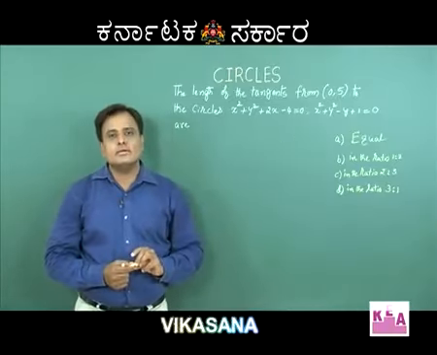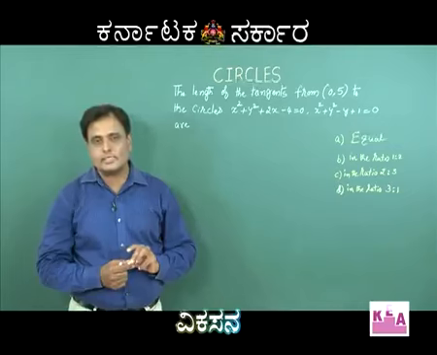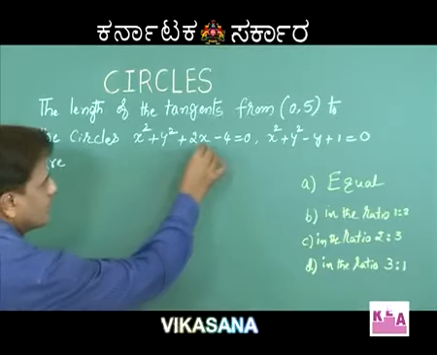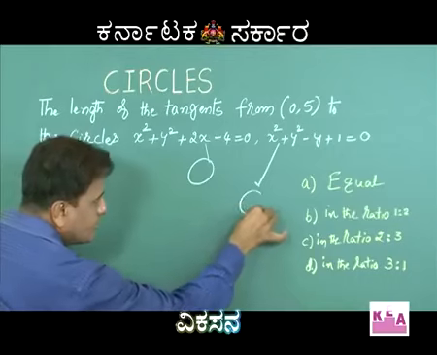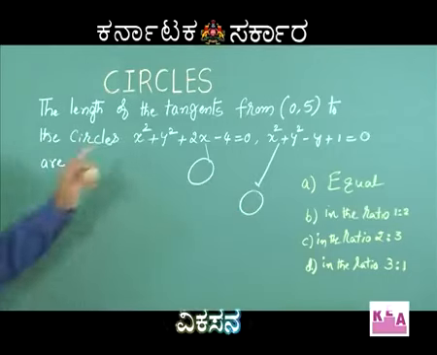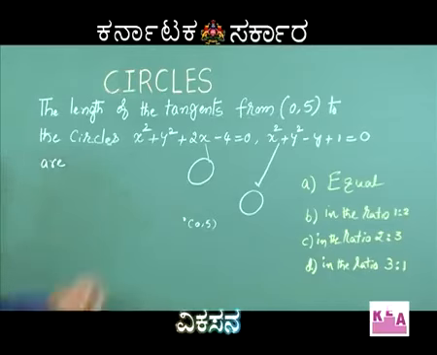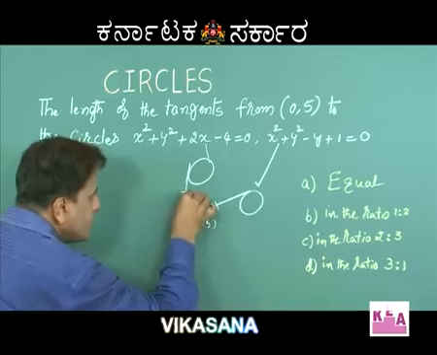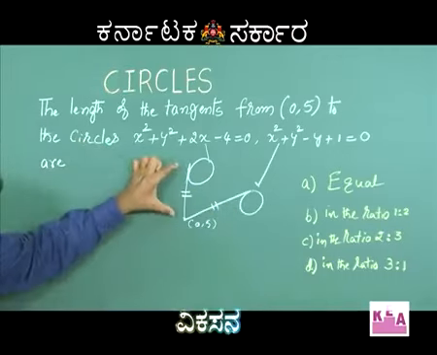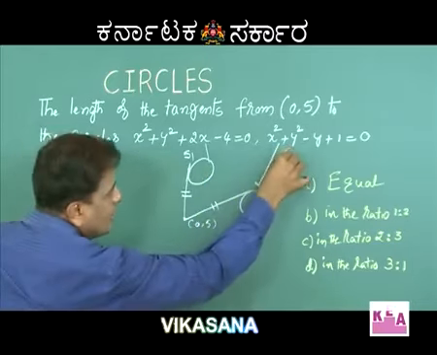So again, here the concept is based on lengths of tangents drawn to the circle from a given point. The simple first thing is, consider this circle as S1 and this circle as S2. According to the question, the point is (0, 5). Tangents are drawn from (0, 5) to both the circles, so we have to find these lengths first. Once you find the lengths of the tangents drawn from (0, 5) to circle 1, S1, and circle 2,